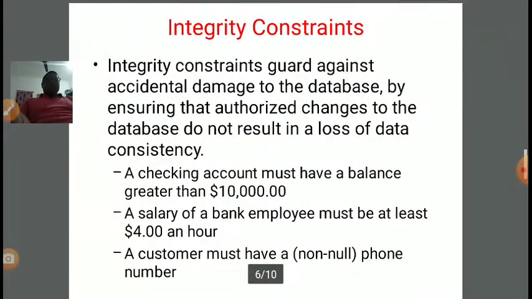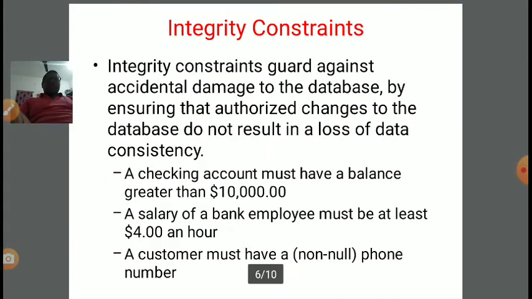Now next is integrity constraint. Integrity constraints guard against accidental damage to the database by ensuring that authorized changes to the database do not result in a loss of data consistency, right?